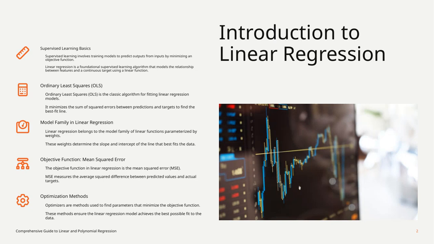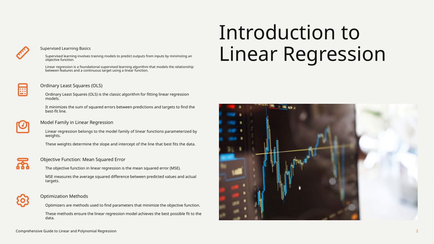Let's dive into the second slide, which provides an overview of linear and polynomial regression. We'll start with an introduction to linear regression itself. This method is fundamental in supervised learning because it helps us model the relationship between our features and a continuous target variable. Next, we'll look at optimization methods. These are essential because they help us find the best parameters for our model. Think of optimizers as the tools that adjust the model to fit the data as closely as possible, minimizing the